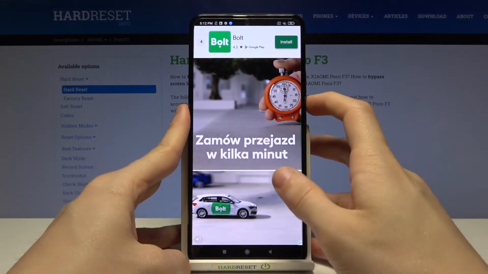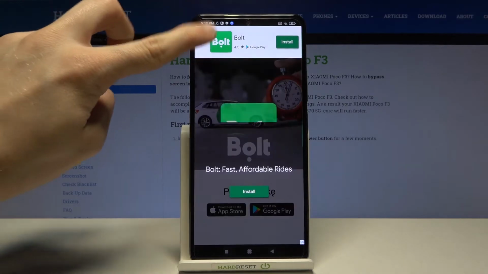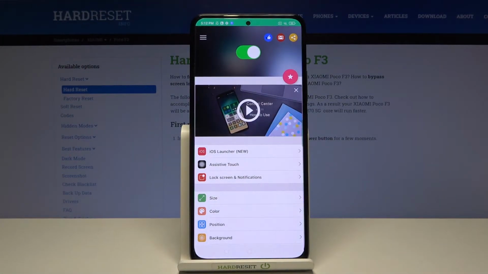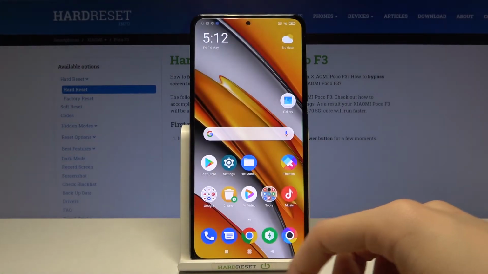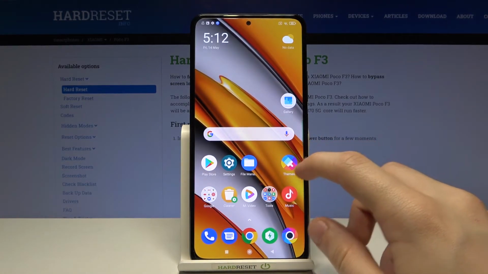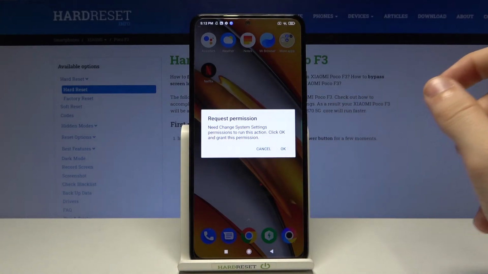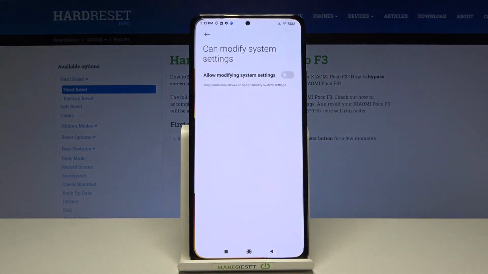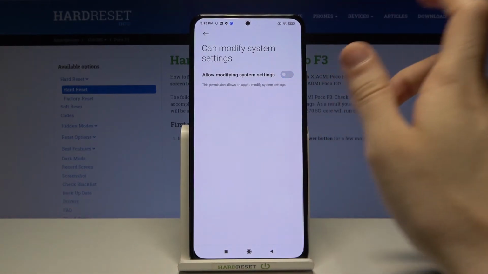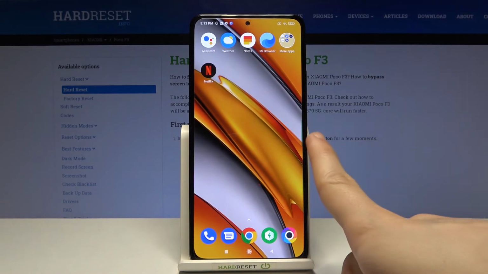Of course there's an advertisement. Simply skip it. Okay, and now it should be working actually. It's hard to spot, but there's a greenish line on the right side. Let's try. We have to give the application another permission, allow modifying system settings,